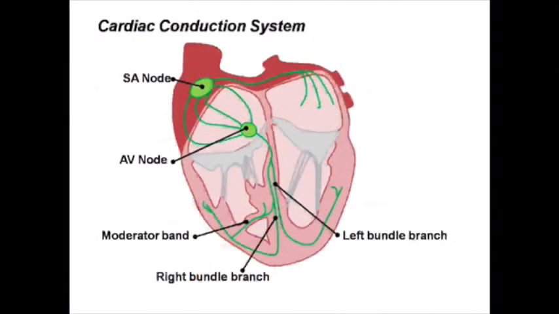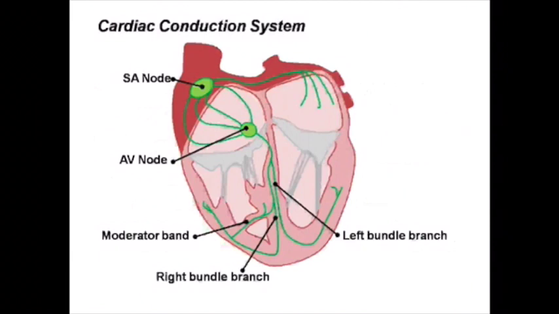Let's discuss the conduction system of the heart. The cardiac conduction system is a group of specialized cardiac muscle cells in the wall of the heart that send signals to the heart muscles causing them to contract. The main components are the sinoatrial node, or SA node, also called the anatomical pacemaker, which starts the sequence by causing the atrial muscles to contract,